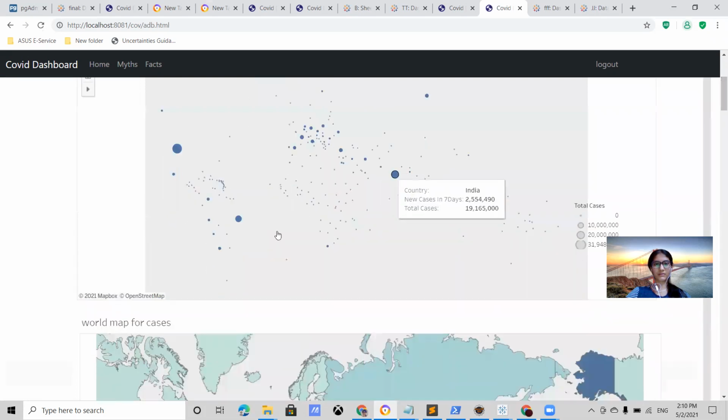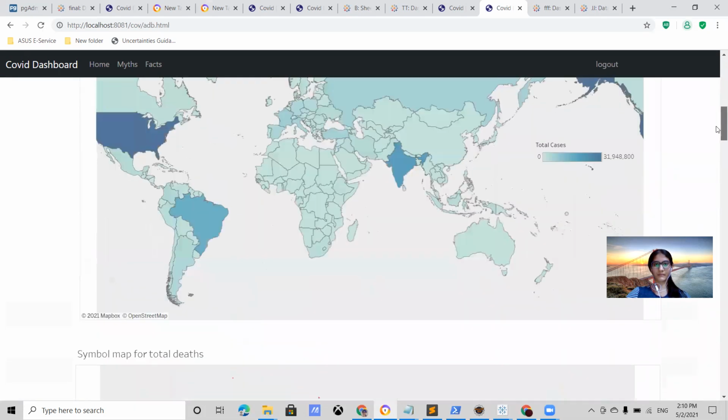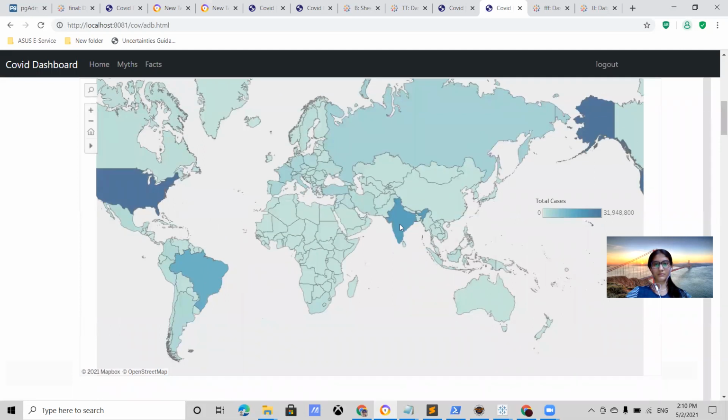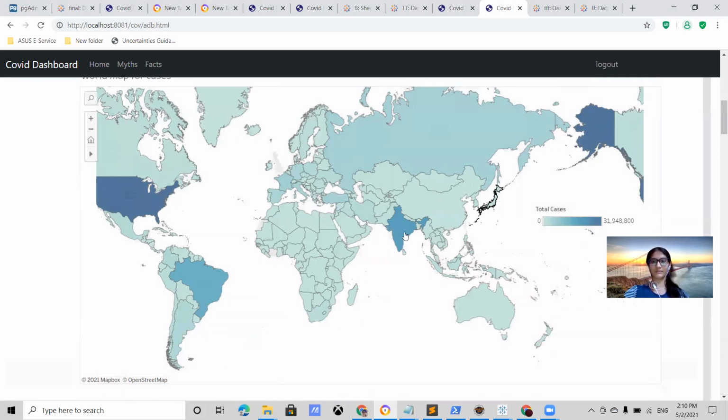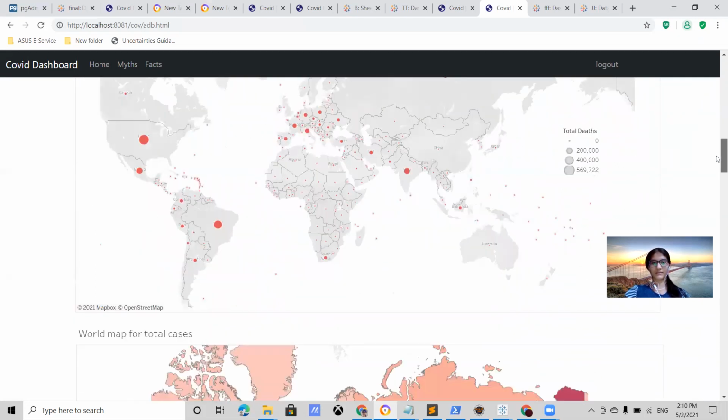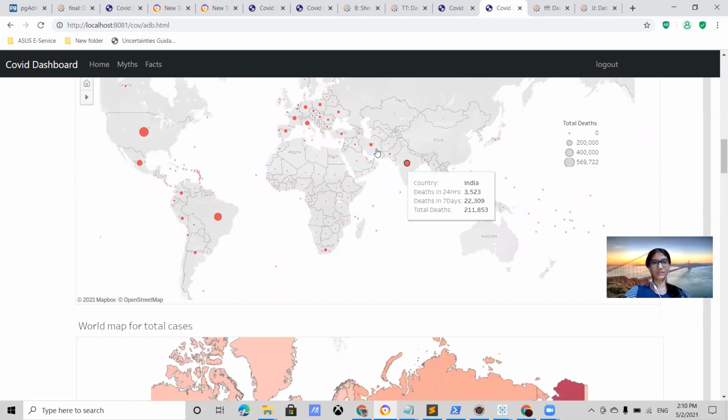It is getting loaded. Okay. Yes, now it's loaded. So we are able to see that the data is updated in every graph in our dashboard.